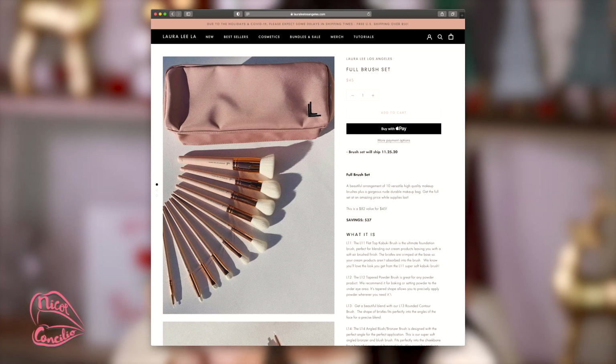And I'm gonna pull out my girl Lilly Los Angeles brushes. I absolutely love them. They're so affordable. They come in a pack. I believe they're available on her website right now. I love these brushes. They're so good, and if you are looking for some new brushes, I highly recommend checking